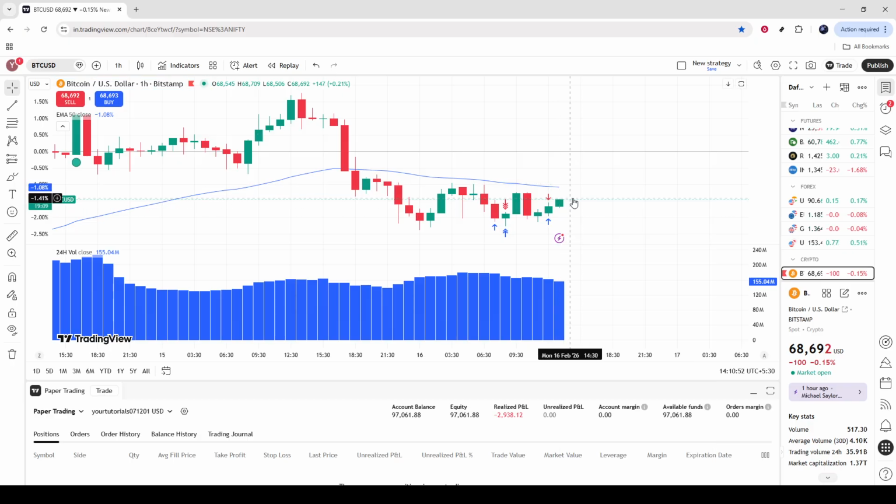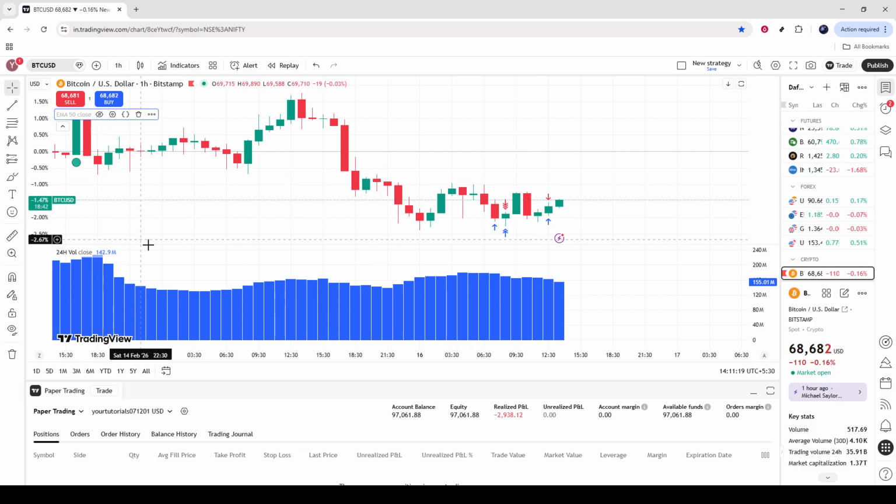At this point, if you ever want a fast temporary way to hide an entire indicator, use the quick toggle. In the top left corner where your indicator names appear, click the eye icon next to the indicator you want to hide. This immediately removes the indicator from view, along with its labels, values, and any drawings associated with it. This is a non-destructive change. You're not deleting anything, just hiding it temporarily,